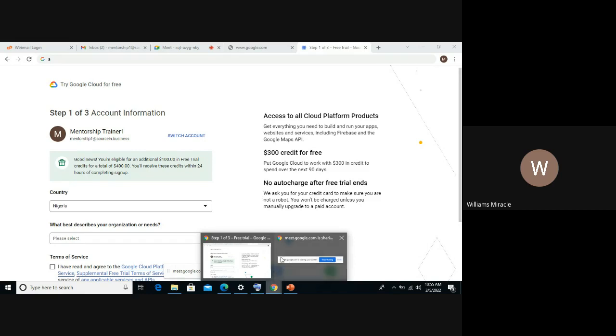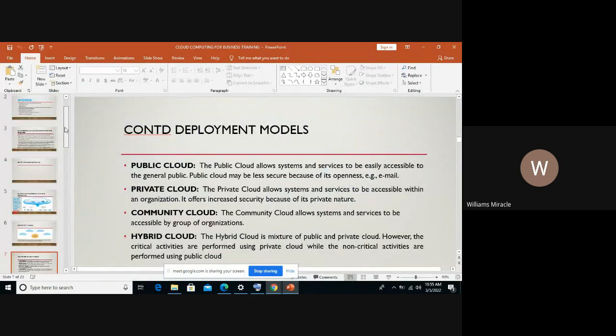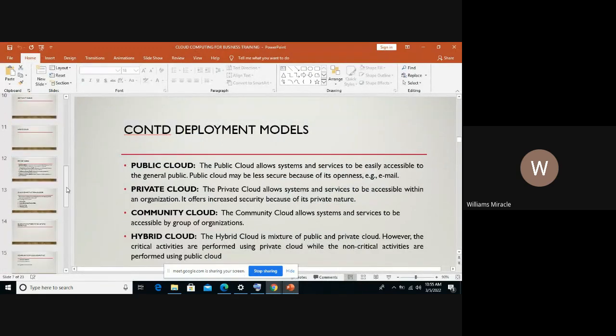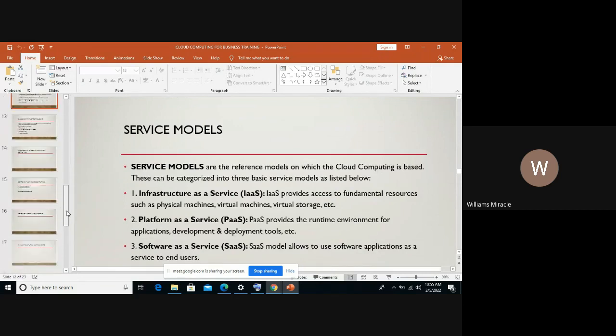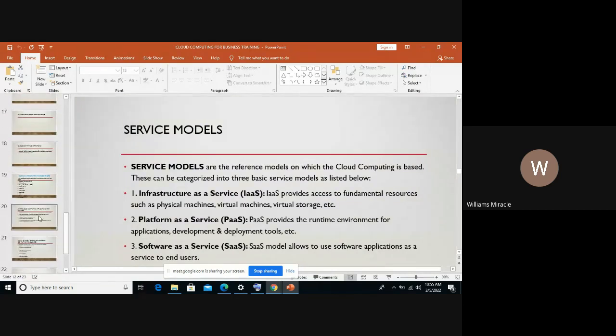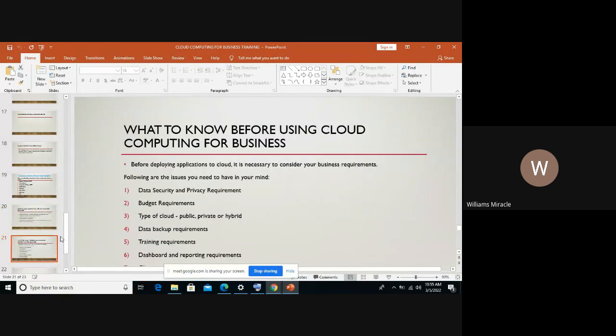Quickly also, it's very important for you to understand the various cloud computing technologies, which are very relevant and important. I will be sharing that with you quickly. You can see, I believe you're following on my screen.